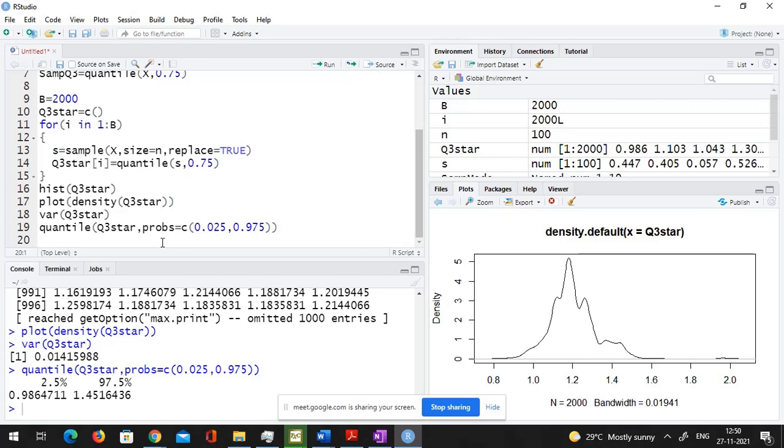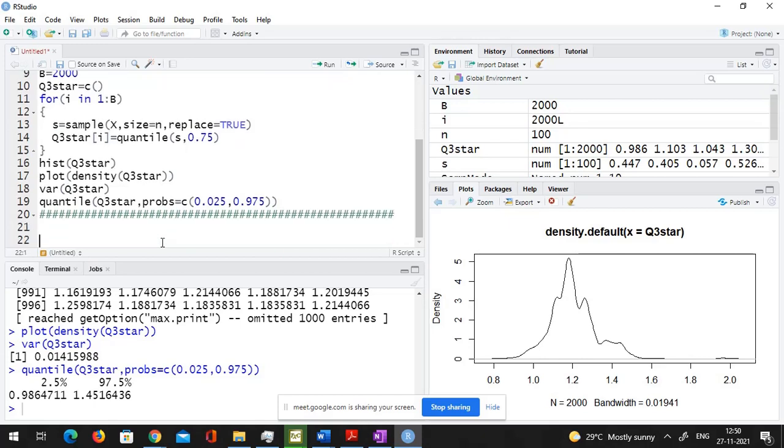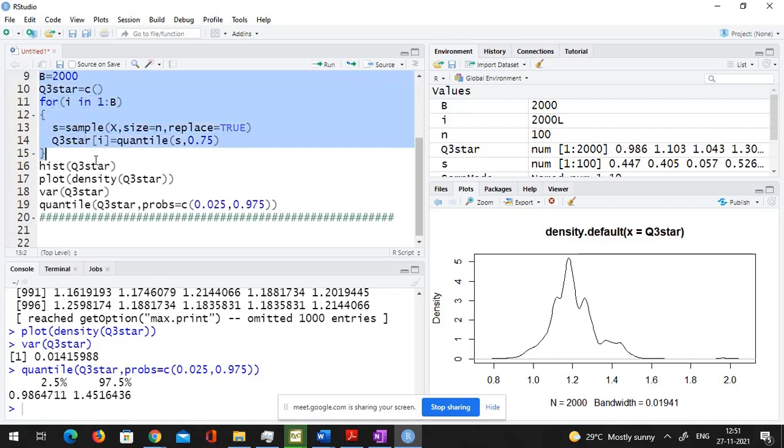Is it clear what is happening here and how that is happening? So this is simple non-parametric bootstrap. If I want to do parametric bootstrap, how would I go about it? Why is it non-parametric bootstrap? Because we took samples from the original sample. We did not use the fact that the original sample has come from an exponential. We simply have the sample, we use that sample. We don't care about its distribution. Hence this is non-parametric bootstrap.